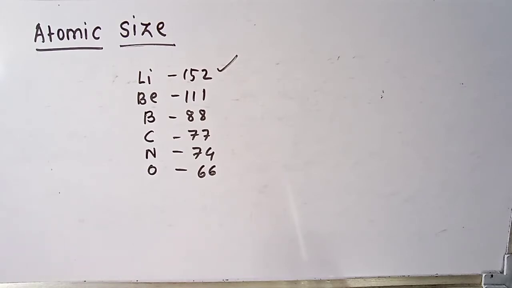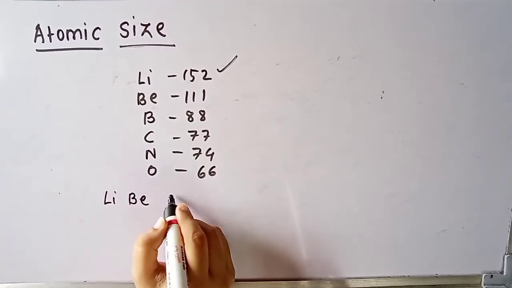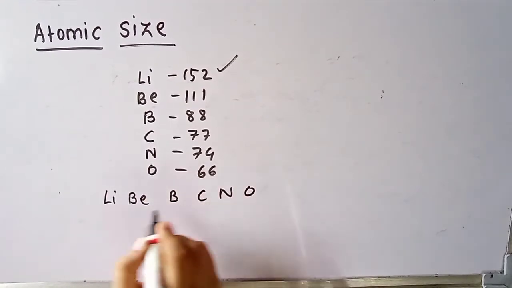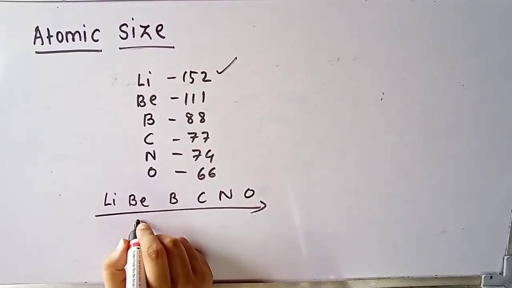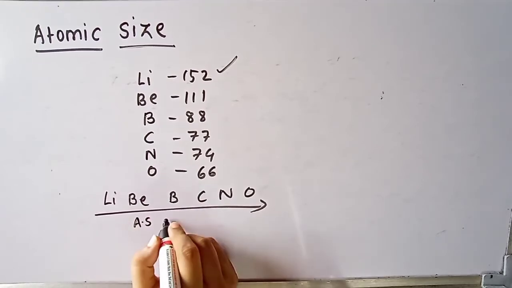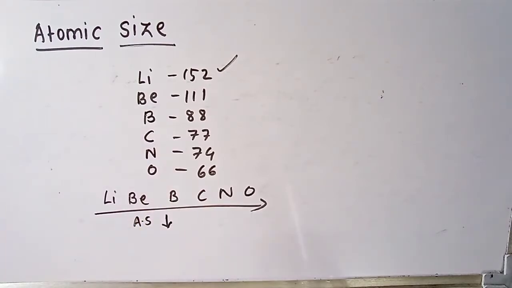Now third question, does this arrangement match with the pattern of the second period of the modern periodic table? Yes, the arrangement of the elements as per the decreasing order of atomic radius matches with the second period of the modern periodic table. So if you see the modern periodic table, elements are like this, no? Li, Be, B, C, N, O. Yes or no? So here we can confirm that atomic radius or atomic size goes on decreasing while going from left to right. Are you getting me, students?